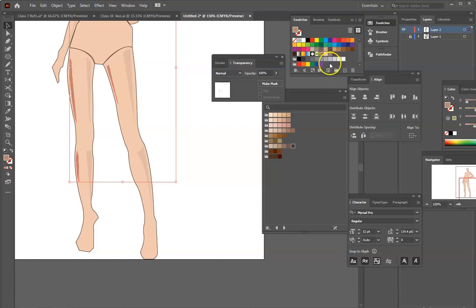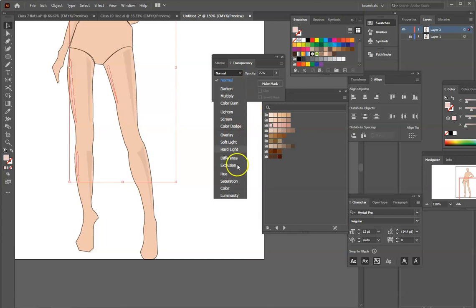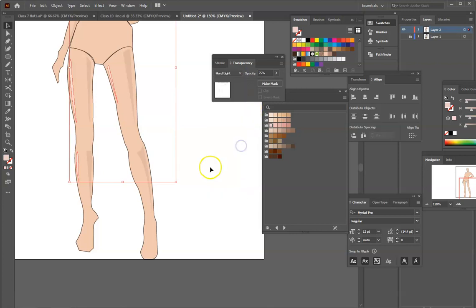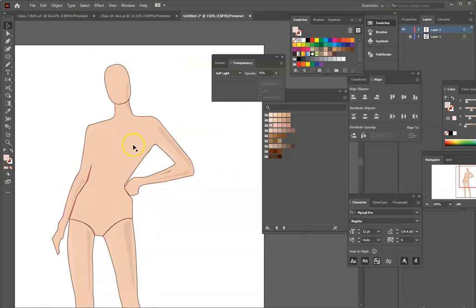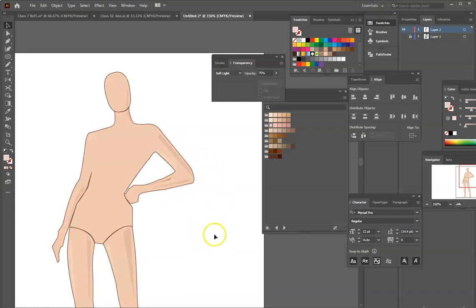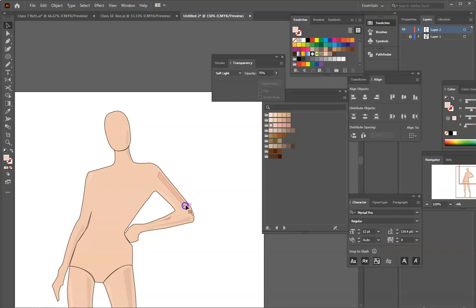Actually, it's the same color. I may pick the lightest color, and then actually I may increase the, let's see, or you can use actually, let's see whether we can use the hard light, not the hard light, maybe soft light. Yes, I think it works. Okay. So again, depends on how you draw these shadowing lines. You can make a little bit more kind of mild way, okay? And then same thing for this one, you can maybe even reduce the opacity a little bit if we want